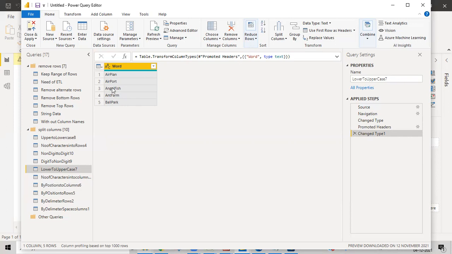If it is written that way, then obviously we can split. Whenever it converts from lowercase to a capital letter, we can tell that is the position where it needs to be split. So that is what we will use over here: lower to upper.